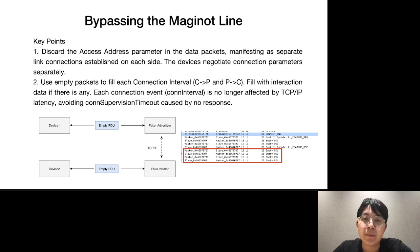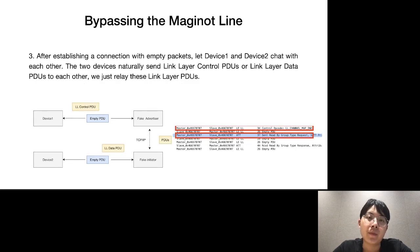Second, use empty packages to fill each connection interval, as the central-to-peripheral and peripheral-to-central packets would before, and fill with interaction data if there is any. Each connection event is no longer affected by TCP/IP latency, avoiding the timeout caused by no response. Second, after establishing the connection with empty packages, let device 1 and device 2 chat with each other,